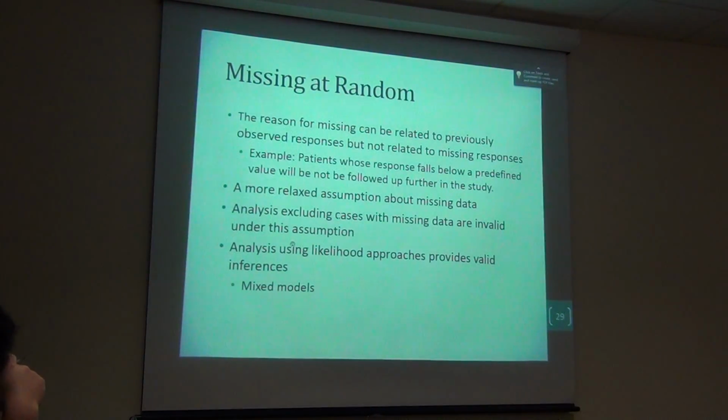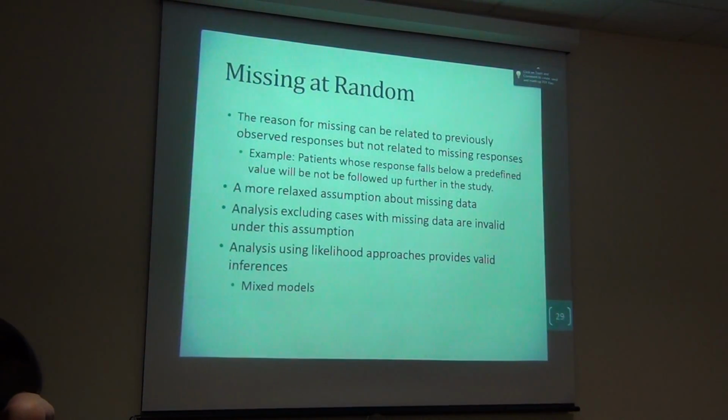Missing at random is a little bit less restrictive. Missing at random assumes that the reason for missing can be related to previously observed responses, but it has nothing to do with the missed response. So for example, if